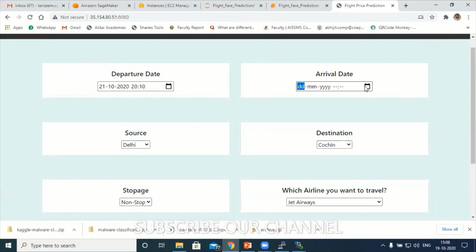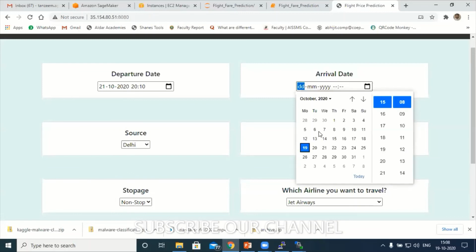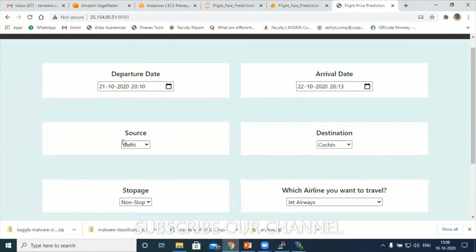Day, month, arrival time. Let's say 22, 20:30.